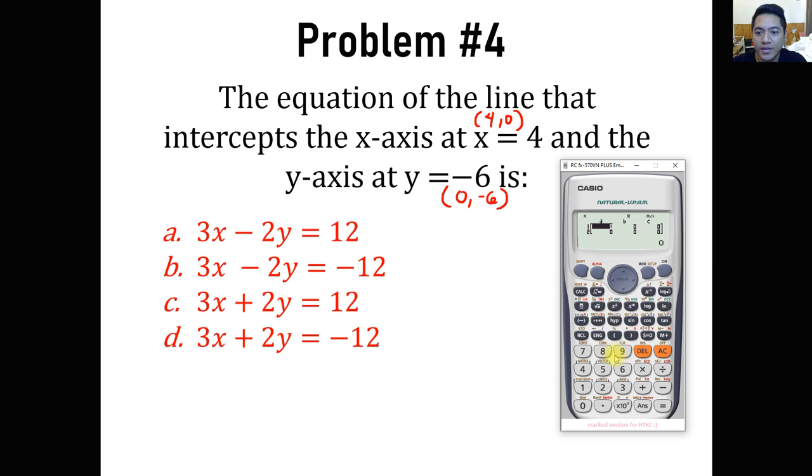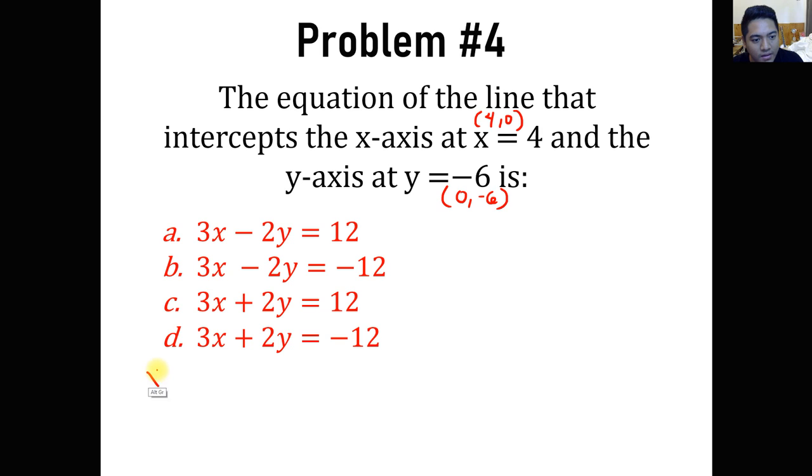So you have 4, then 0, and then the constant is 1. And then on the second equation, you have 0 for x, negative 6 for y, and 1 as the constant. So double check, you have 4, 0, 1, and then 0, negative 6, and 1. Equal sign. You have x equals 1/4 and y equals negative 1 all over 6. So that means 1 all over 4 x minus 1 all over 6 y equals 1.